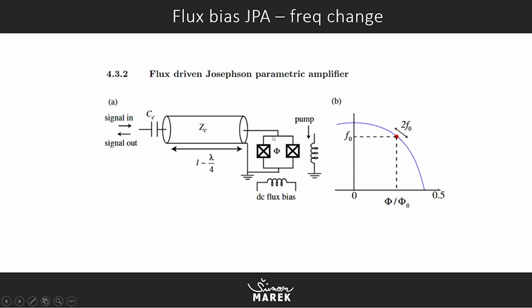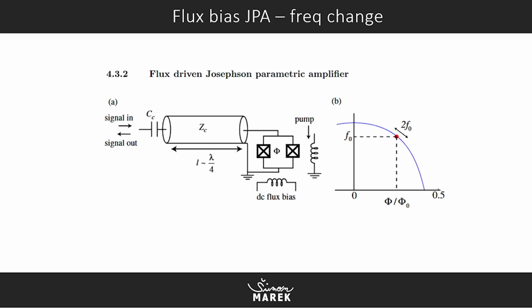And there is our Josephson junction, and there is our DC flux bias and our pump signal. By changing the DC flux bias, I think we can change the frequency of our